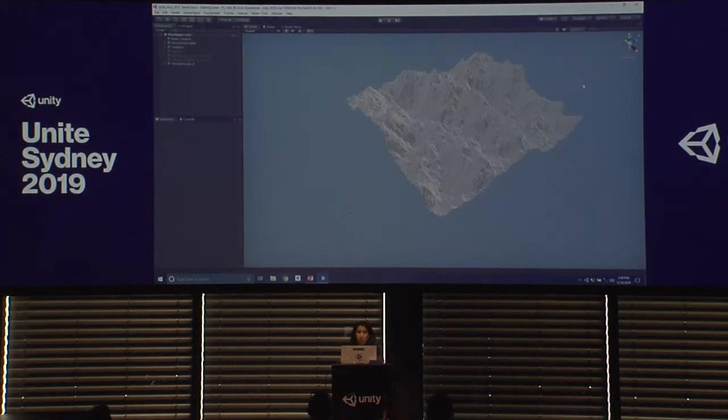And if I close my terrain window, you see it automatically created a terrain for me. So for those of you who already have, for example, a perfect height map to reference, this saves you all the time that I just did building a terrain. You can do it in seconds. If I go back to my Terrain Tools window